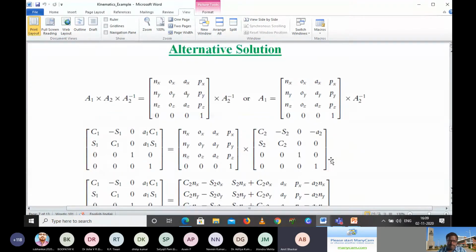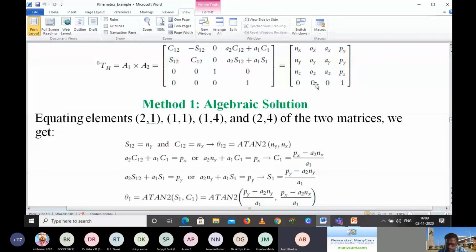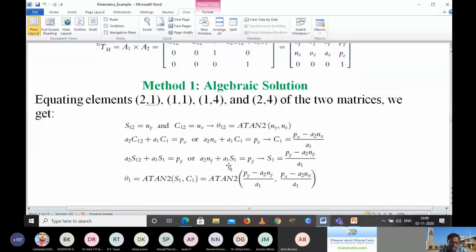So next, there are alternate values, I think. You can easily calculate all other values also if you are relating it. For example, Py, you can substitute this, and then you can relate it. Two equations you can get. So cos theta 1 value, sin theta 1 value. If you substitute the numerical values, you will get the answers.